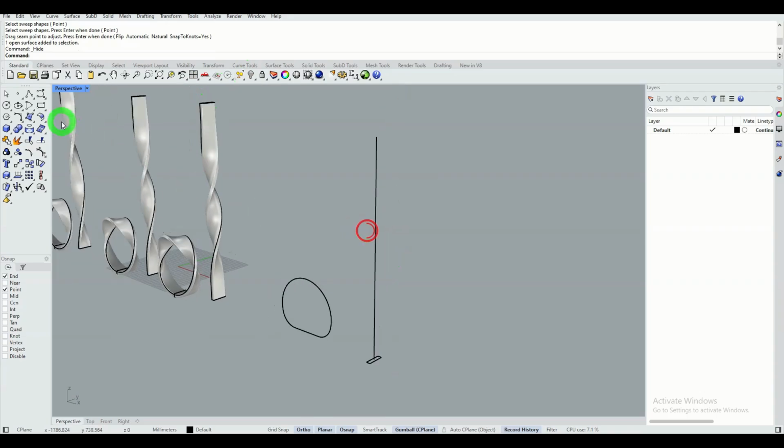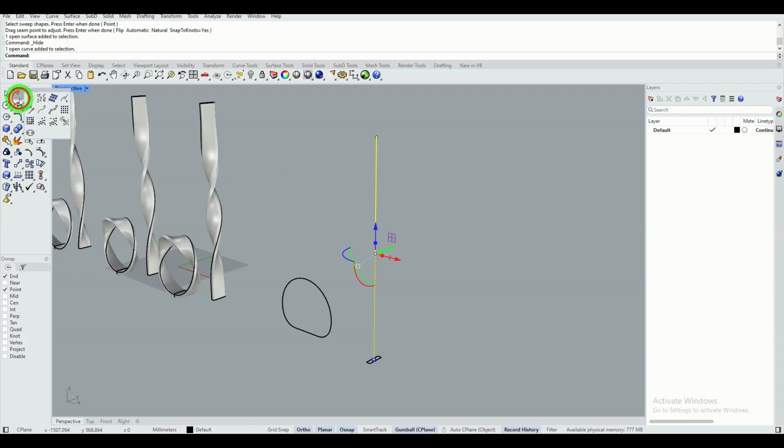I'm hiding the object just for a while, so I can bring out the ends, the extreme points of my objects, the line, I mean. Left click is this point and right click the other point.